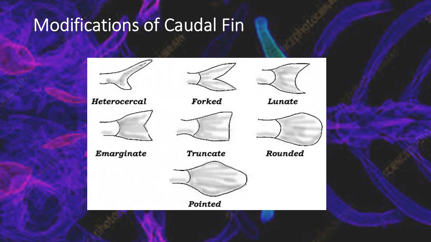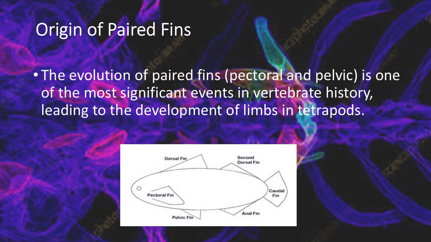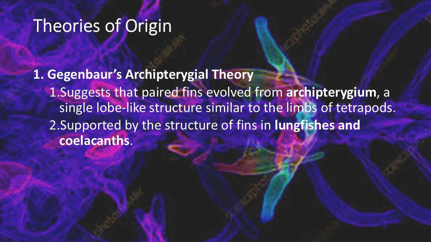Origin of paired fins. The evolution of paired fins, pectoral and pelvic, is one of the most significant events in vertebrate history, leading to the development of limbs in tetrapods. Theories of origin. 1. Gegenbaur's archipterygial theory suggests that paired fins evolved from the archipterygium, a single lobe-like structure similar to